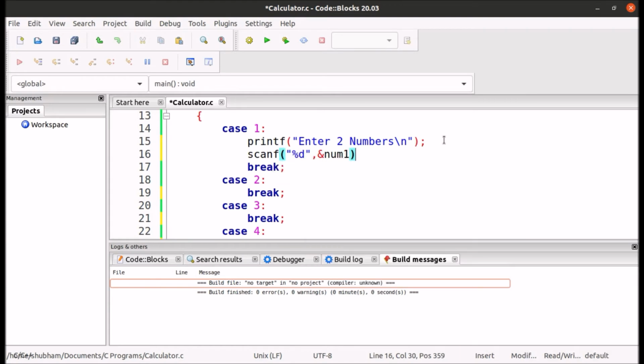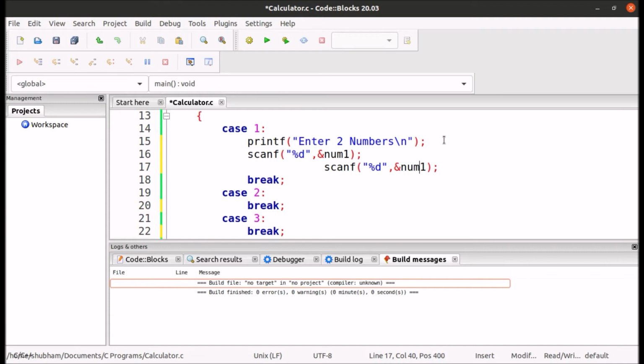Let's save time by copy pasting it as it is. This is our number 2.